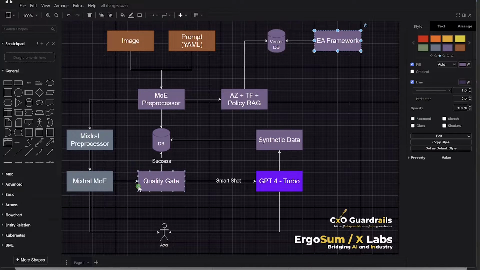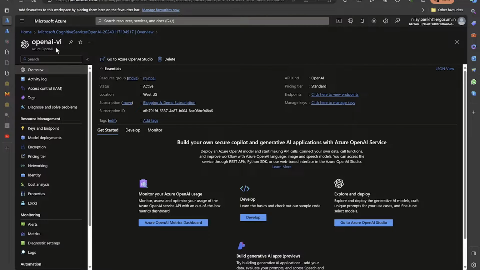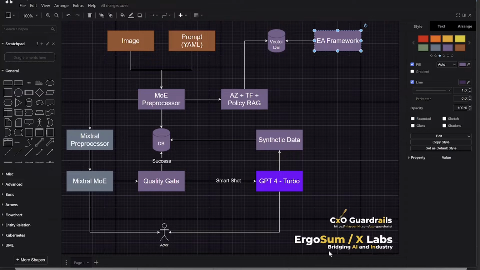So this is a zero shot, and this is a smart shot to ChatGPT 4 Turbo, which I have hosted right now on Microsoft Azure as an OpenAI component. So this is where we would connect to OpenAI, not the OpenAI API, but Microsoft Azure. And with the smart shot, we get the synthetic data, we put it back in the DB for reinforced training, but that will also deliver the outcome to the actor.